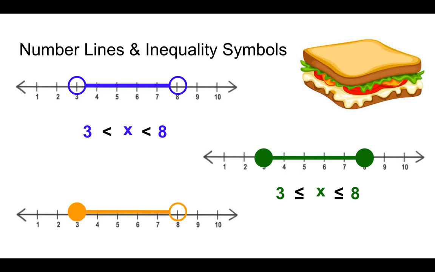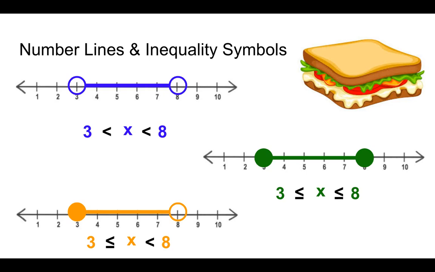Lastly, we could have one of each, or we could have the flipped version, vice versa. So we have x, and we have our sandwich symbol. x is between 3 and 8, where 3 is included, 8 is not. So we're going to take a look at how this affects our graph, and we're going to look at something